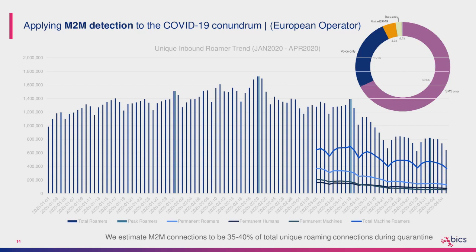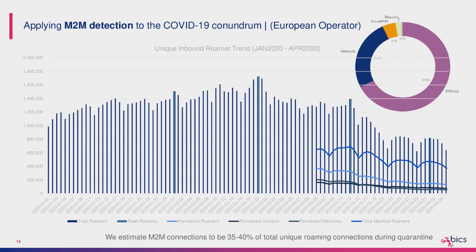We applied the same analysis to a European operator. The information obviously is a little bit different, and this will always be the case, okay? As a mobile operator, you have to understand that you operate in different geographies, and you also have access to different regions. In this case, for example, it was an operator in mainland Europe, and as a result, there's a lot of cross-border activity. There's delivery trucks from Amazon, etc. So the behavior is different.